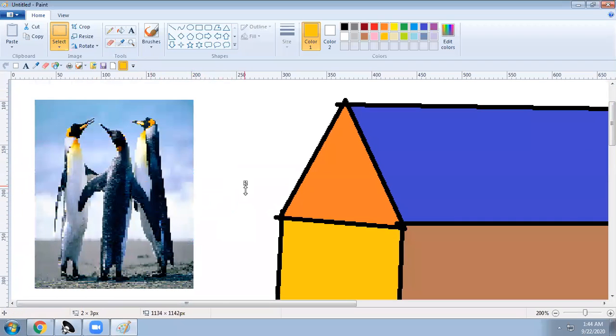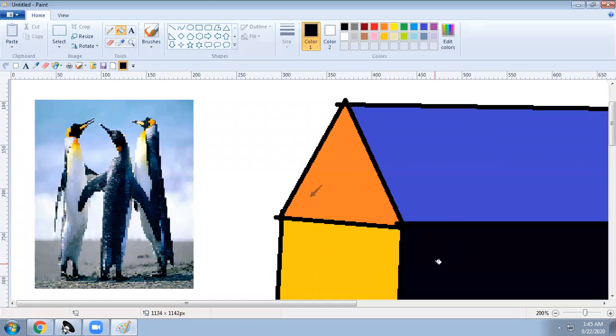After this, if I want the color of this penguin in this home, for example, I want to match the color, I will take the color picker. I want this color, this color. I will take this like this and put like this. So it is black.